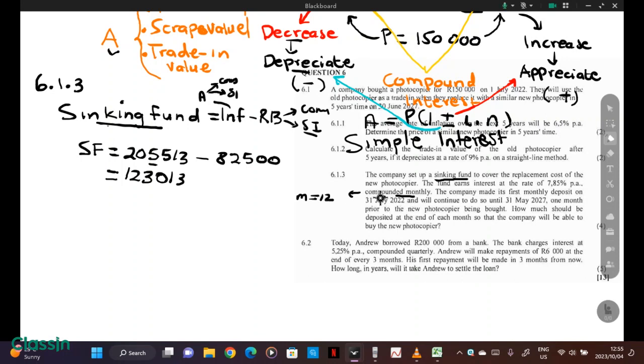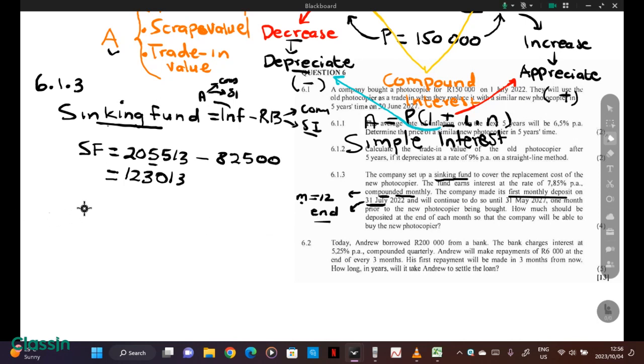So every time over another term compounded, you must also think about the value of M. The company made its first installment deposit on the 31st July 2022. So 31st July, this is the month end of July. Because originally the first monthly deposit is at the end,